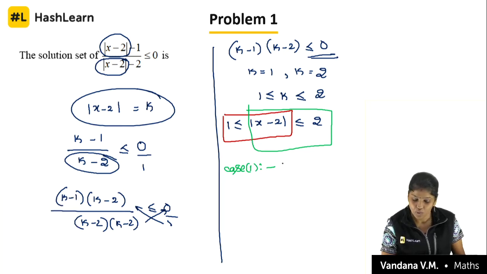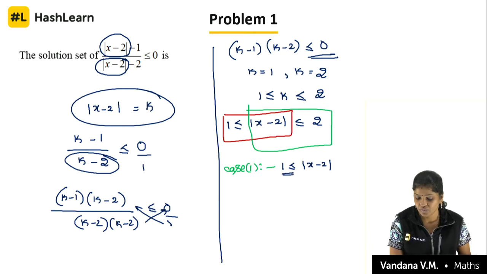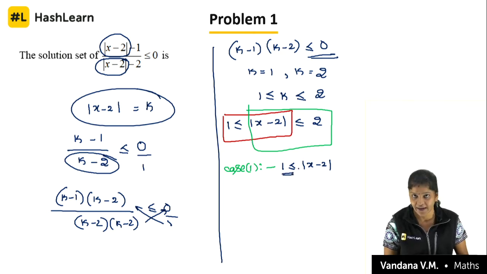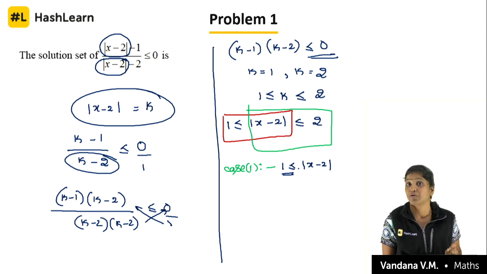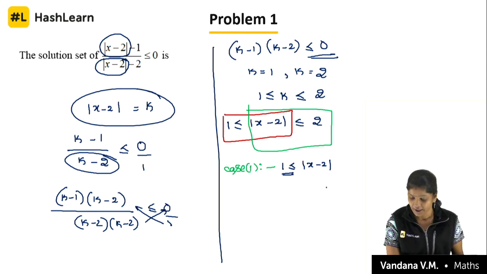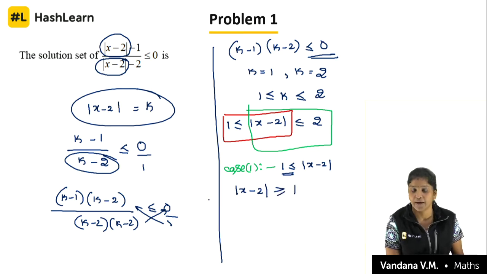That is 1 less than or equal to mod x minus 2. I told you already, if this were on the right hand side, we could expand directly. If it is on the left hand side, I cannot expand it directly, so I have to split slowly. How am I going to split here? Please observe: here I will get mod x minus 2 is greater than or equal to 1, and